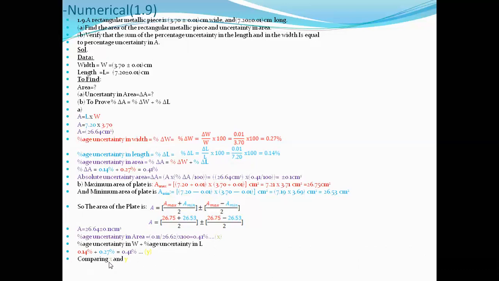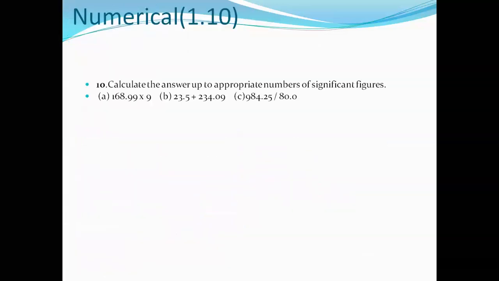So by comparing X and Y, what do we get? It is proof that the percentage uncertainty of area is equal to the percentage uncertainty of width added to the percentage uncertainty of length. So in this way we have proved and verified that the percentage uncertainty of area is equal to the sum of the percentage uncertainties of the two quantities which are given to us. Thank you, students. We have done almost all the numericals,